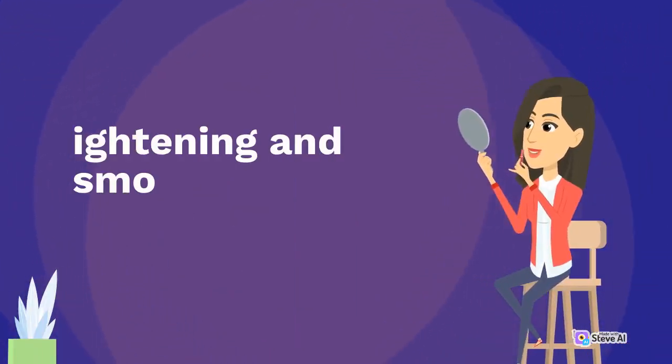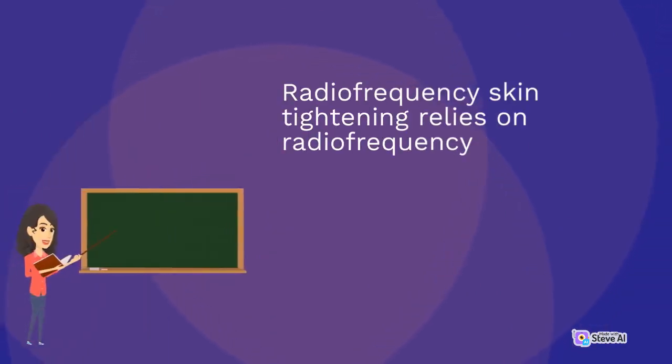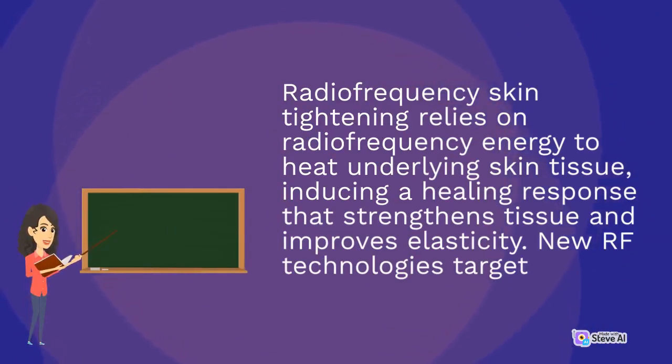lightening and smoothing effects. Radiofrequency skin tightening relies on radiofrequency energy to heat underlying skin tissue, inducing a healing response that strengthens tissue and improves elasticity. New RF technologies target